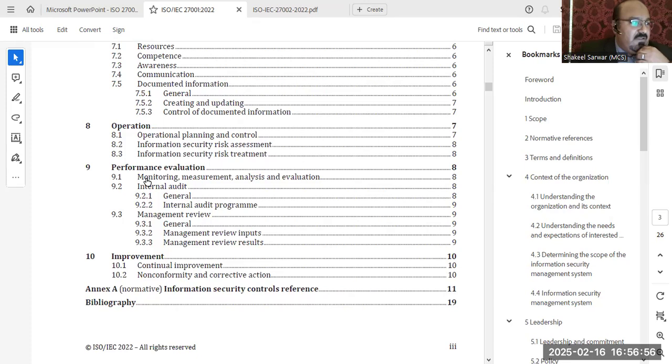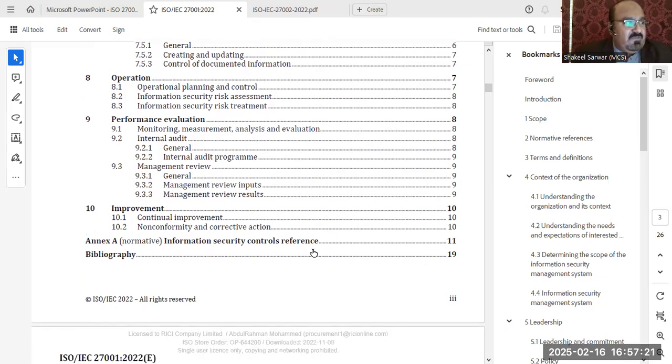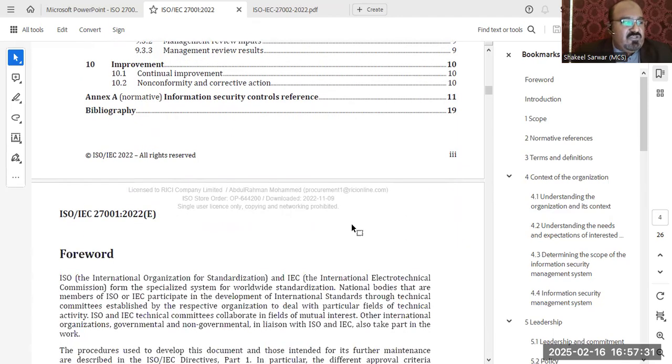yesterday and earlier today. So we will be discussing performance evaluation: monitoring, measurement, analysis and evaluation, internal audit, general internal audit program, management review, general management review inputs, and management review results. Then later on, we will be discussing improvement, continual improvement, nonconformity and corrective action. We have discussed earlier Annex A, information security controls references, which are usually used to establish the